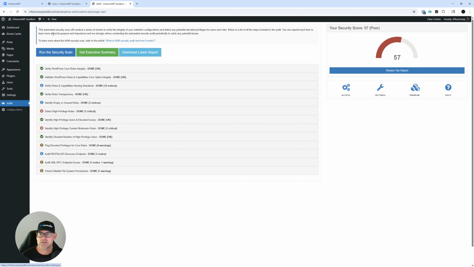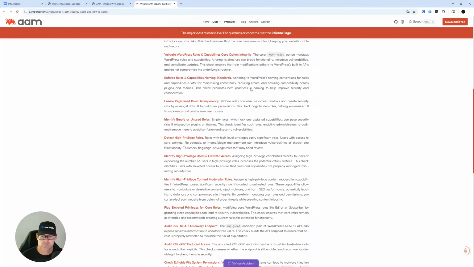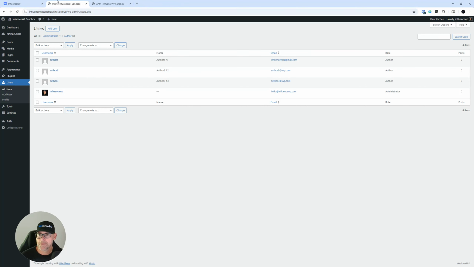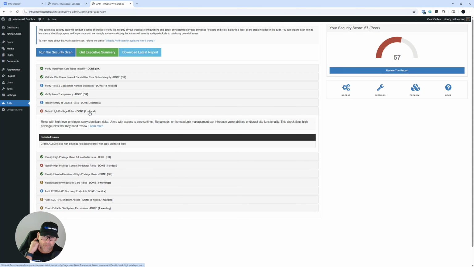Okay, let's see. This automated security scan will conduct a series of checks to verify. Okay, it looks like there's a link here if you want to understand how this all works. Okay, that's cool. All right, so let's look at a couple of these. Verify WordPress core roles integrity. Okay, so let's actually look at where we've got some fails. We've got a couple of warnings and then we've got some fails. So it failed on detect high privilege roles. If we expand that,